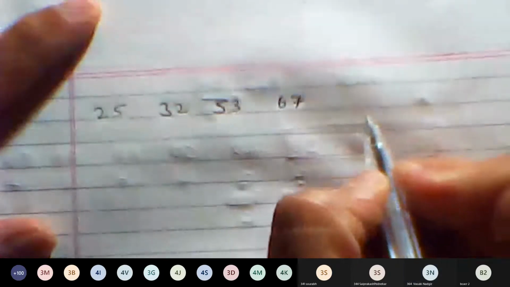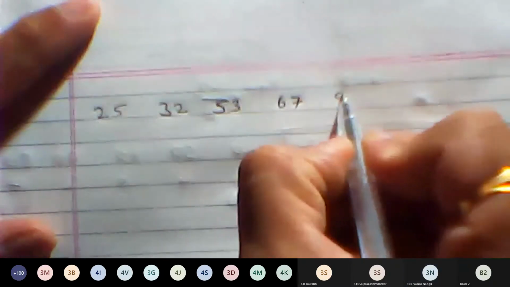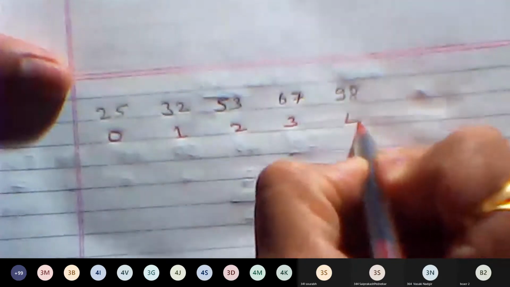Next. 53. 67. 98. Enough, or do we need a few more numbers? Enough. Index values 0, 1, 2, 3, 4.